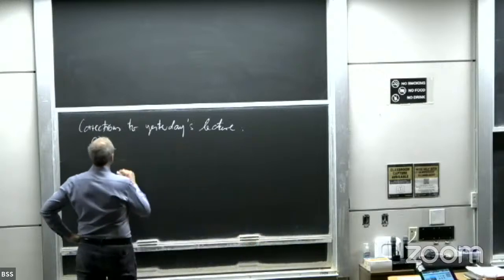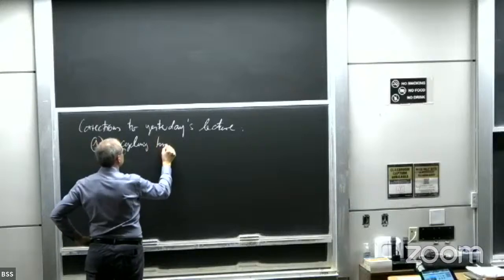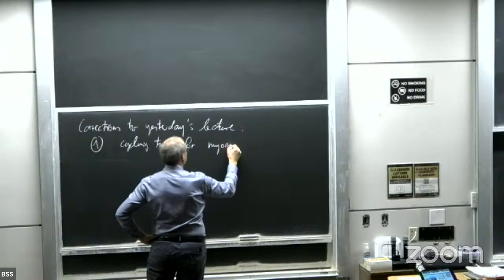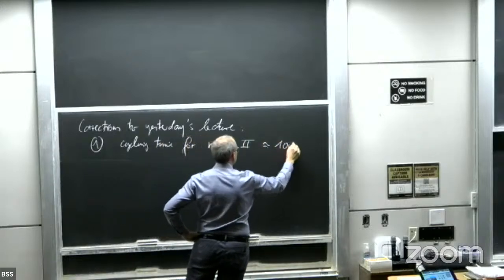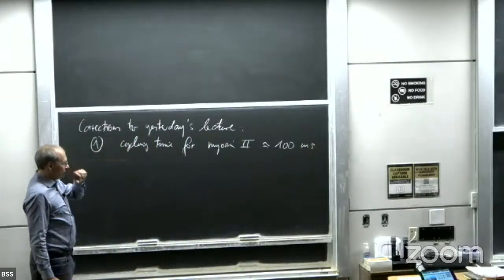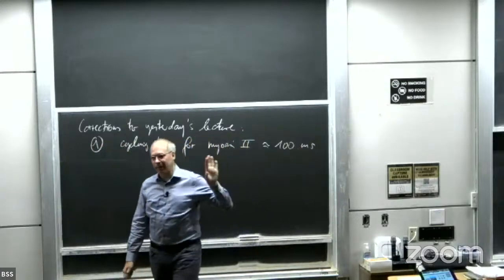So the cycling time for myosin is more like 100 milliseconds. Not 1 millisecond, okay? And this is also interesting in the light of Mike's talk, because Mike talked about this